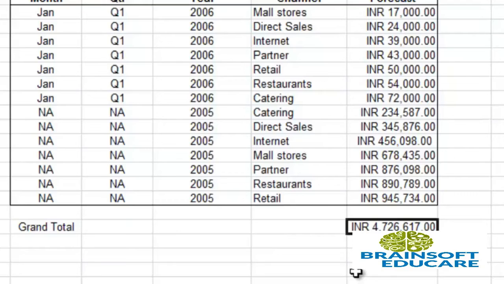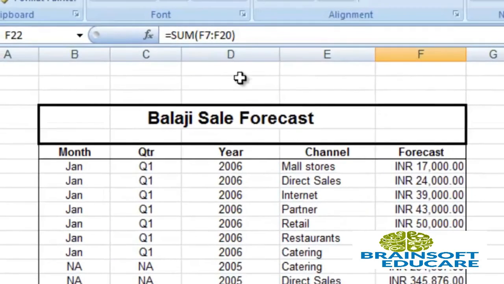There is another way of calculating the sum also, by function. You can directly write the function here, or you can use wizards to calculate the sum, which we will see in the next